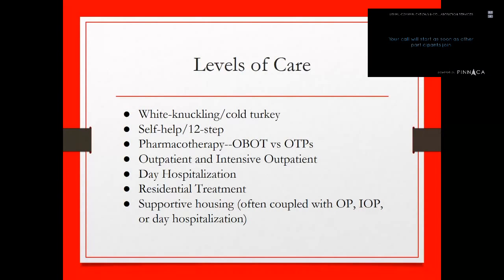People can participate in 12-step groups like AA or NA or Celebrate Recovery or LifeRing, and there's a more secular version called SMART Recovery. So there are a variety of self-help groups. They're a little bit difficult to study, in part because AA and NA have always been disinclined to participate in randomized controlled trials, but there are some studies that suggest that people who participate in 12-step groups will do better in treatment.